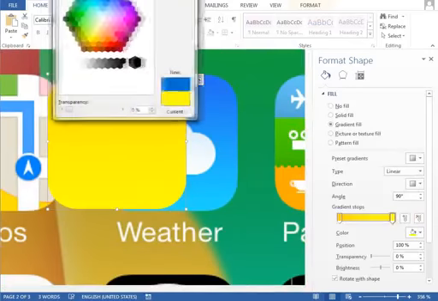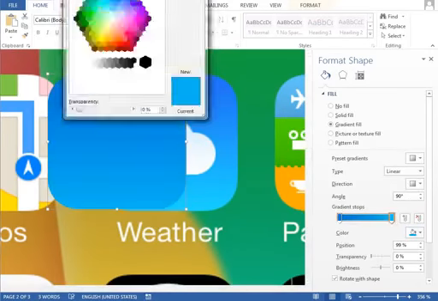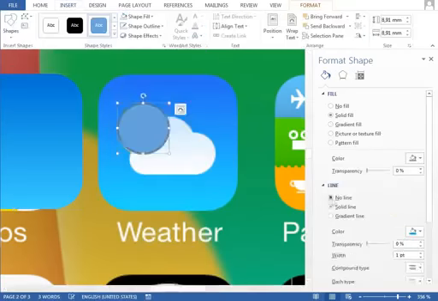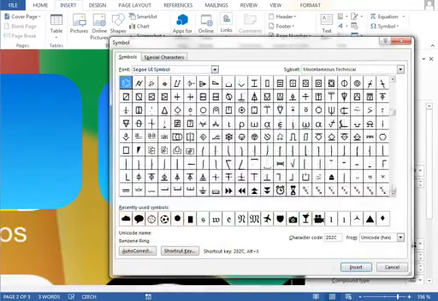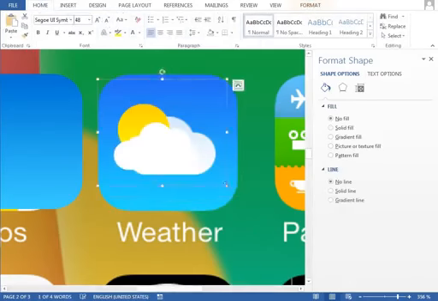The weather icon is made only from three objects. The background uses our base shape, the sun is just a circle with a yellow gradient fill, and for the cloud we use a symbol from the font Segoe UI Symbol. We set the fill to a slightly transparent one, so the sun is a little bit visible also below